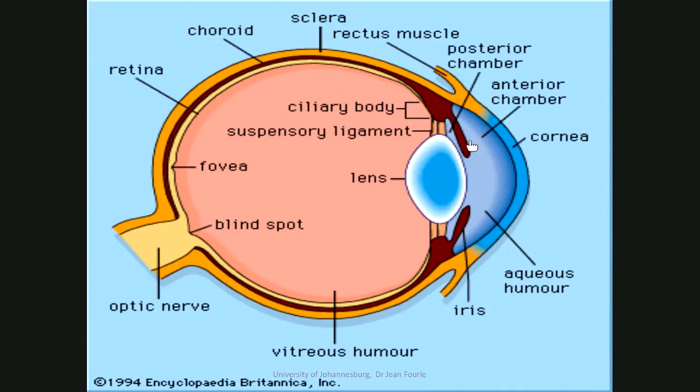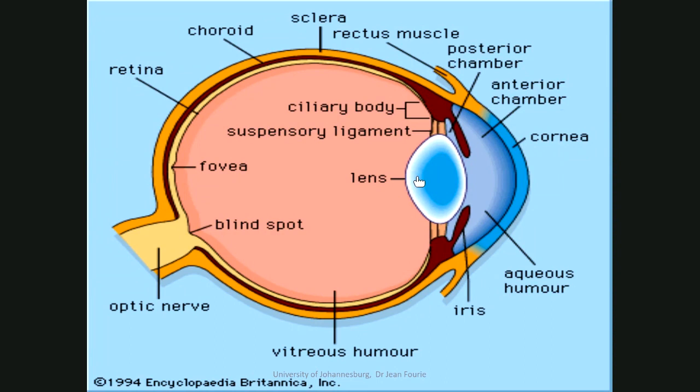And so that part there, the iris, is the part that is a muscle. It can contract so that less light passes through the lens, or it can expand if there's darkness and you need more light to come in. It will open up a little bit so that more light passes into the eye. Then the light enters this part over here, which is the lens. And the lens is made up of material which is slightly stronger, harder. And the light enters the lens, and the lens then